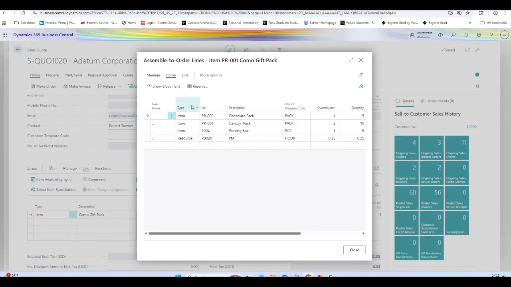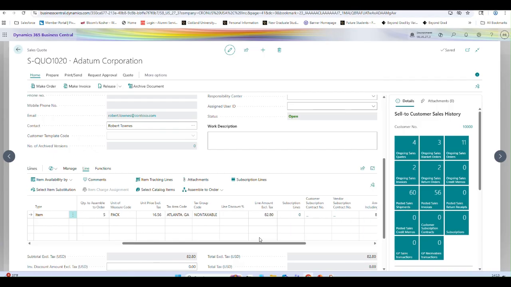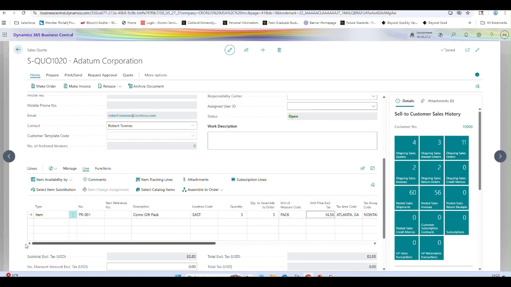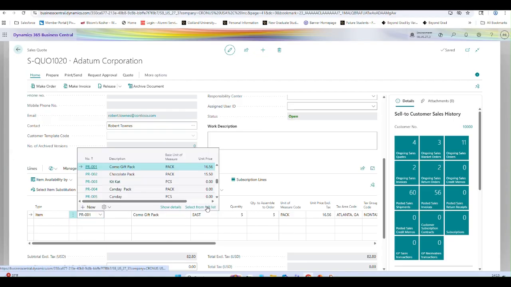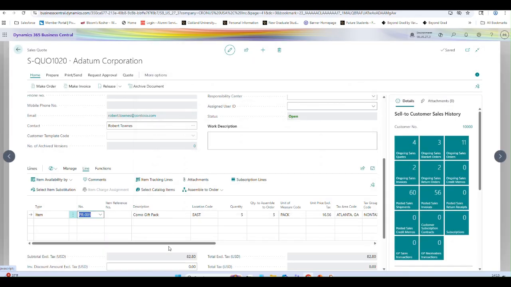So let's go into it. You can see here that the total amount is showing, and the unit price initially comes from the item master, the assembly item master, which is defined from this item card. So you can see the unit price is here, right?